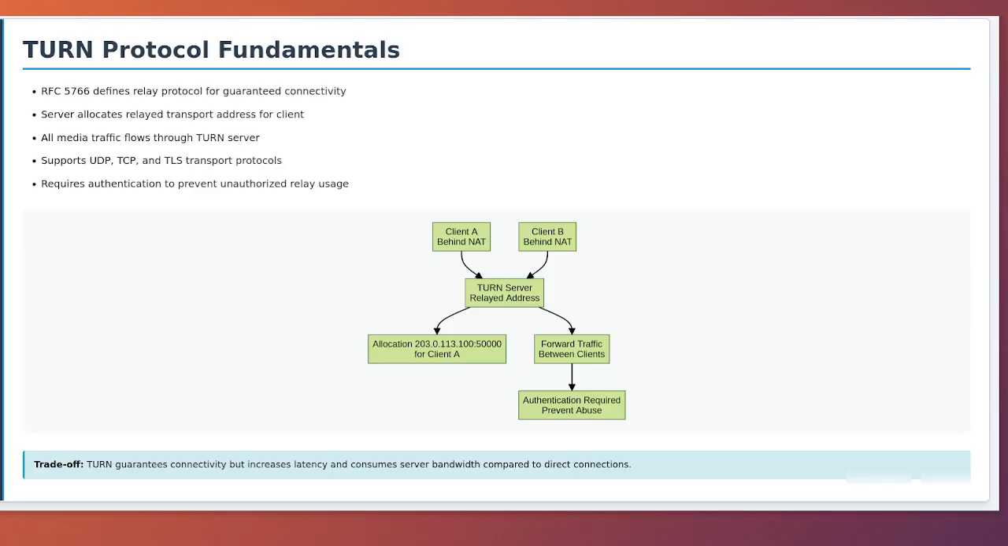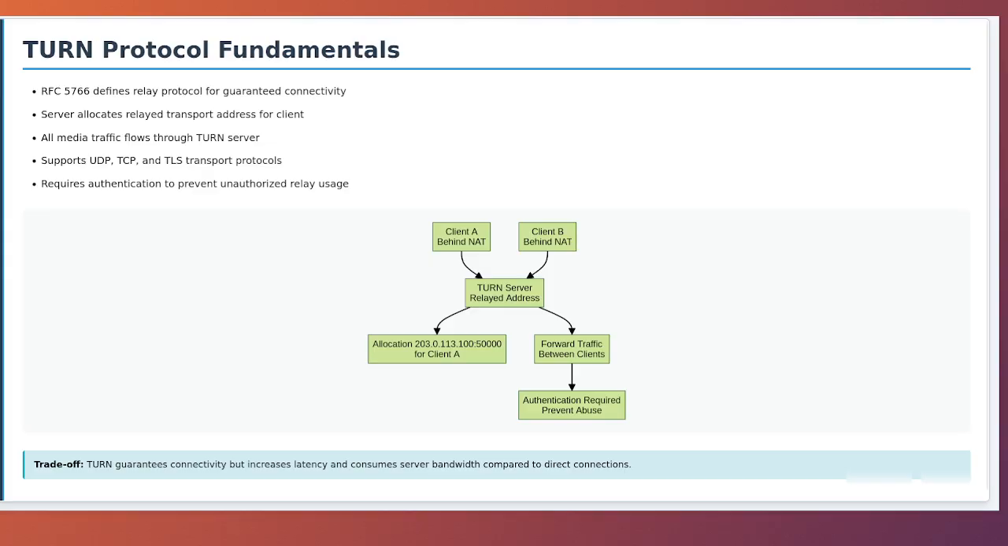The fundamental difference between STUN and TURN is that STUN merely facilitates direct connections, while TURN actively relays data. When using STUN, if the connection succeeds, data flows directly between peers without touching the STUN server. With TURN, all data flows through the TURN server. The client sends data to the TURN server, which then forwards it to the destination peer, and vice versa. This makes TURN more resource-intensive for both the server operator and the network, but it provides guaranteed connectivity regardless of